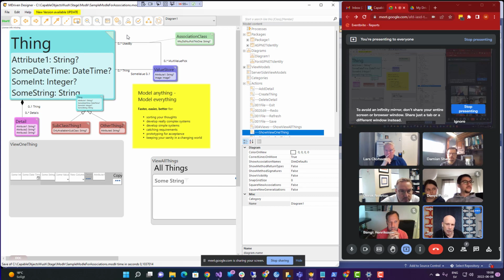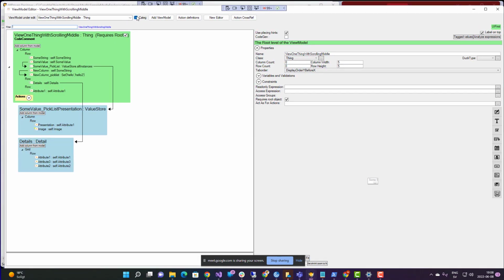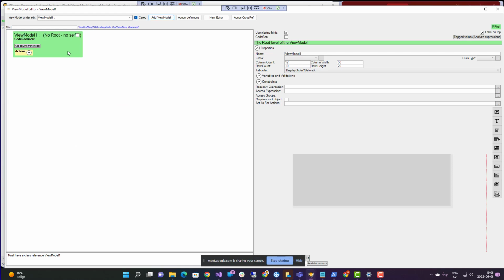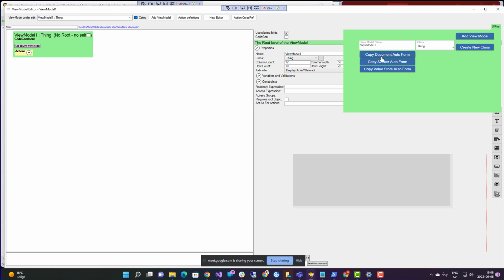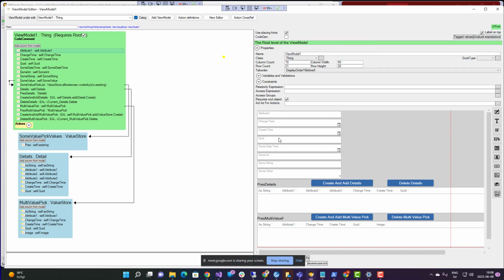And let's see how we're going to start. Going to take up a ViewModel editor, and just going to do a new ViewModel that's based on thing, and let's just go for UI first and copy out the form for document. So that's how